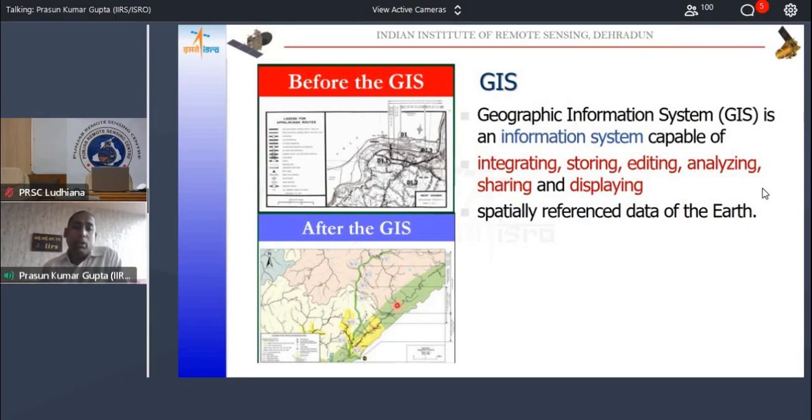But after GIS came, all the data is on a software system, so you only update the data and the map gets prepared quickly. So the turnaround time is reduced in a lot of ways to make better maps, updated maps, and come up with them faster.